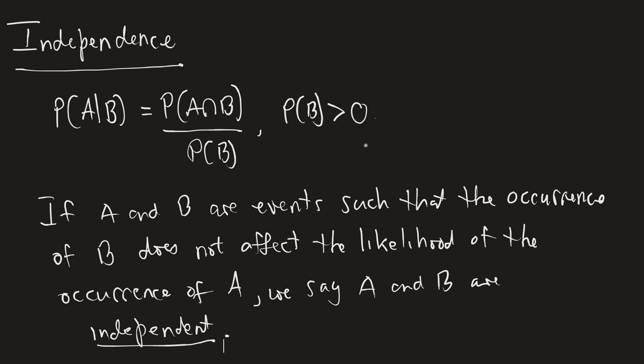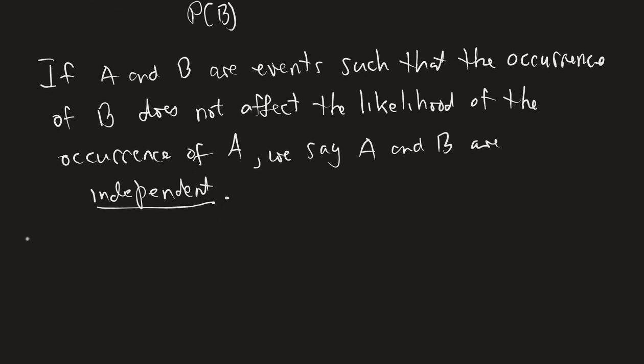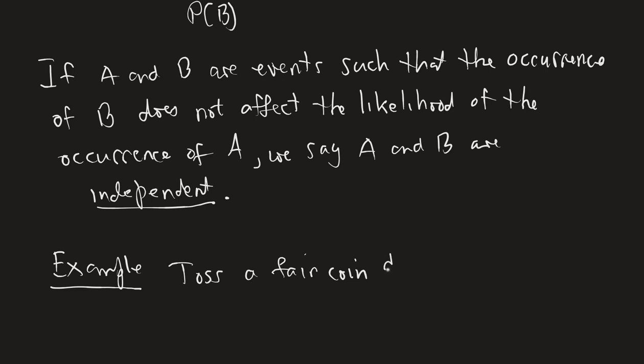So let's take a look at how this might actually play out with an actual experiment, and I'll define two events, and we will argue that these events are in fact independent, right? So let's take a look at this example. It's a really simple example. So here's our experiment. We are going to toss a coin, let's say a fair coin. That means it's not weighted, where one face is more likely to show up than the other. So toss a fair coin